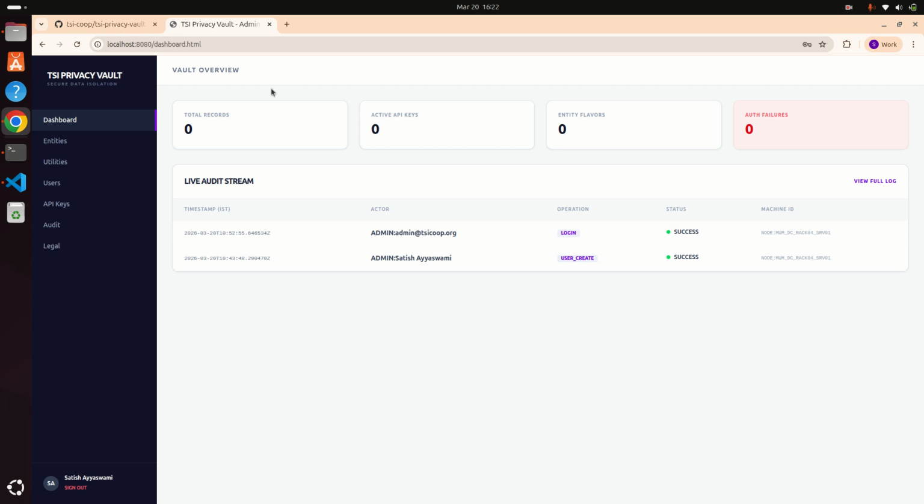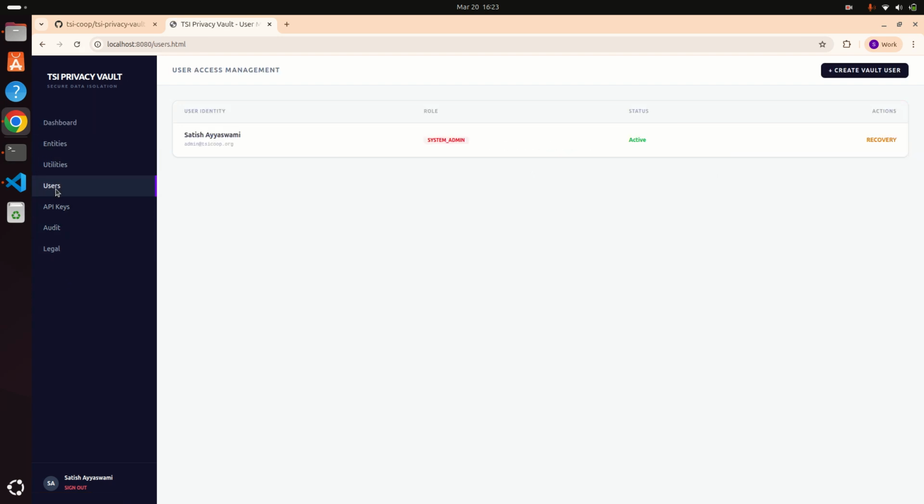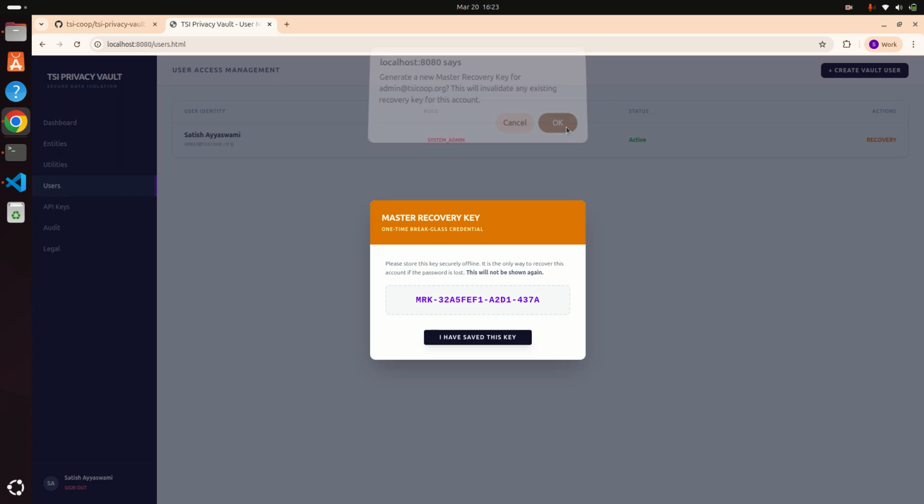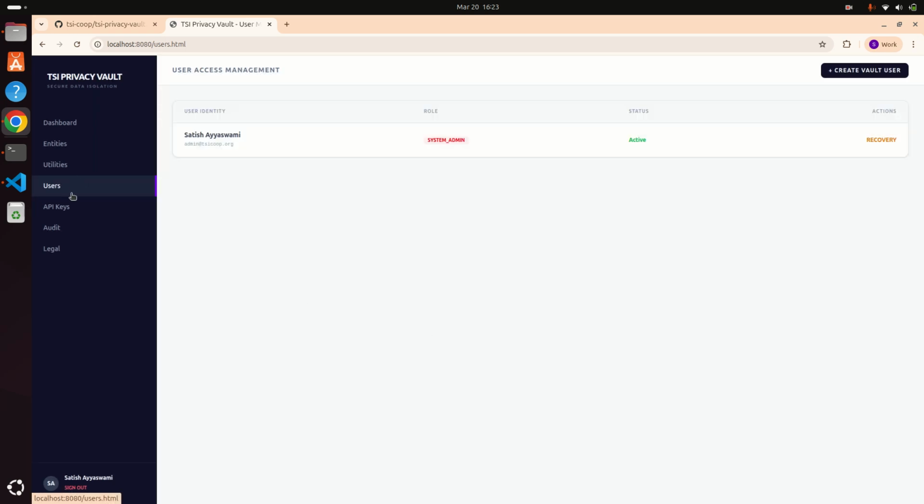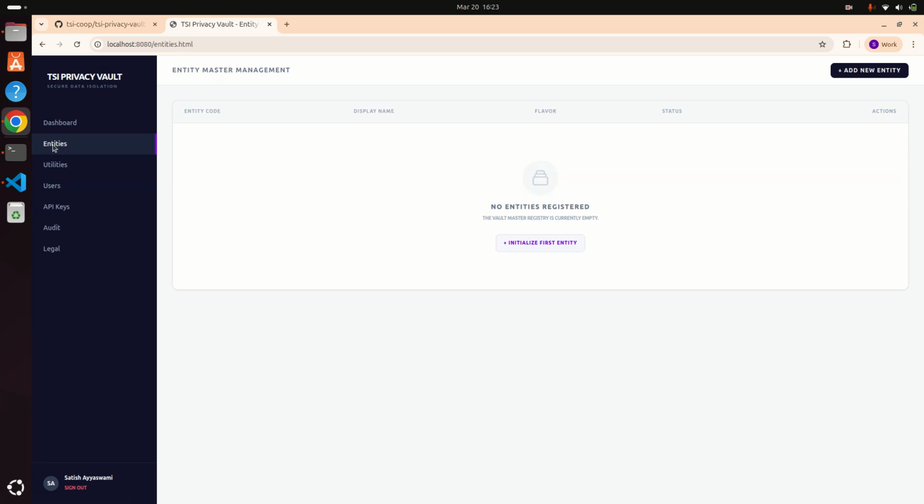And I get to see on the left nav entities, utilities, users and API keys. Users, I mean, it's just admin as of now. The admin should get the recovery key and store it somewhere safe. And I think in order to start the configuration, the admin needs to go to the entities,